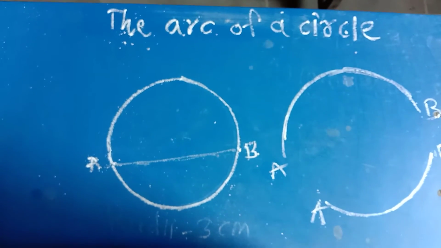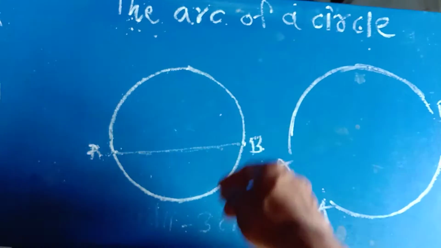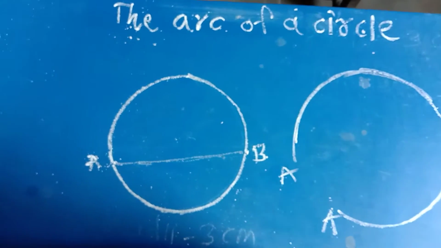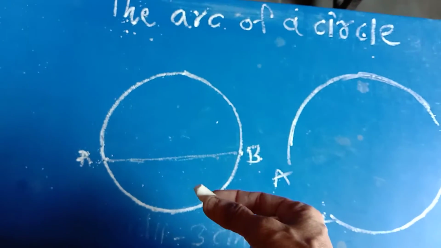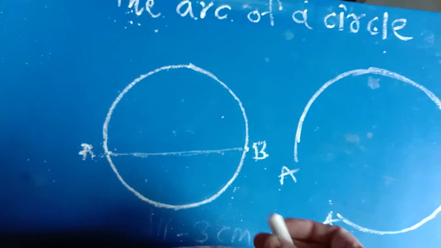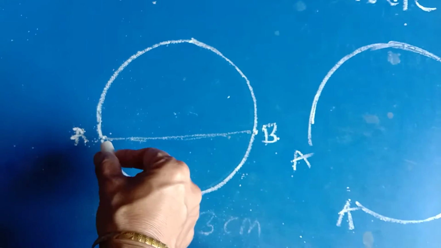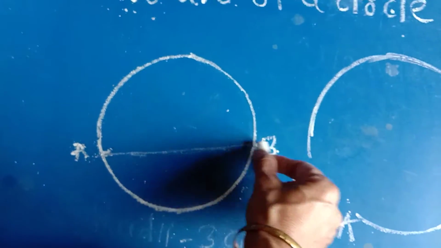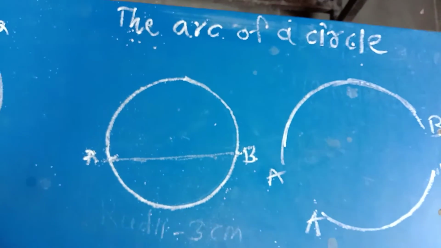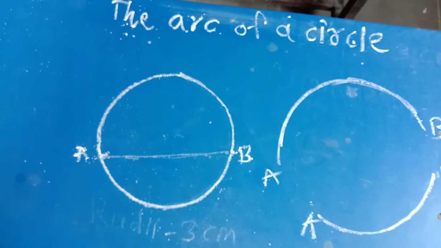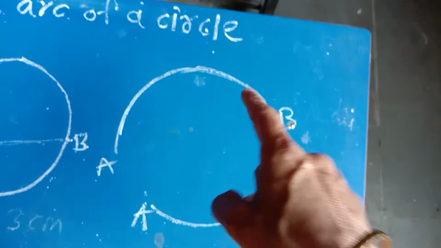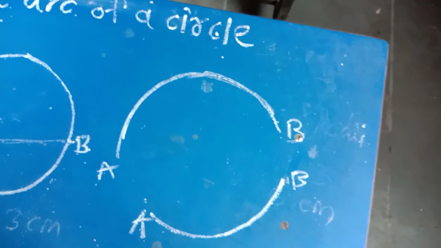Shown alongside is the plastic bangle. Look here, this is the bangle, a circle shape. If the bangle breaks at points, अगर ये bangle broke हो जाती है, glass bangle है, when this bangle breaks at point A and point B, it will be split into two parts as shown in the picture. Look here, अगर ये टूट गई तो इसके two part बनेंगे. Each of these parts is an arc of a circle.